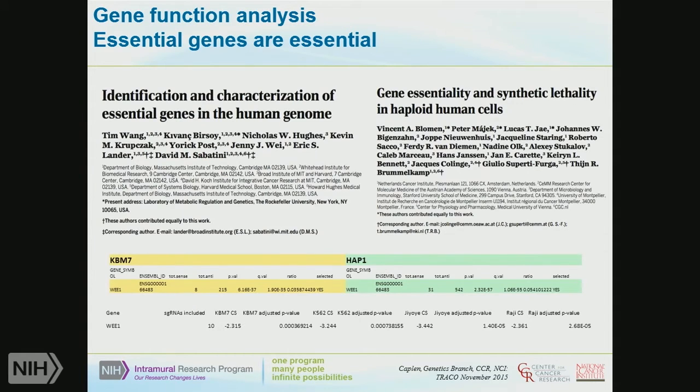And that's really been borne out by two studies that came out in Science only in the last few weeks. In fact, I think they're only still on Science Express, where this was a CRISPR screen done by Eric Lander and David Sabatini. This was a mixture of different types of approaches. They used different approaches to induce, and where they were looking at what is really, truly essential genes. And if you actually go into this data set, WEE1 is essential, okay? So this has to be particularly borne in mind by the cancer community.